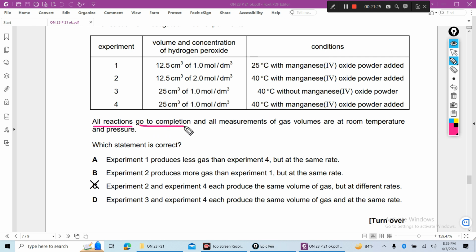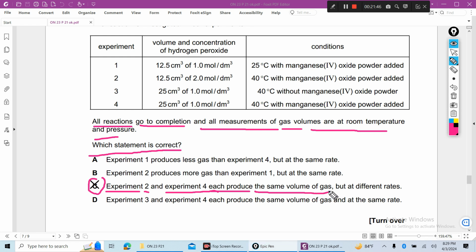All reactions go to completion and all measurements of gas volumes are at room temperature and pressure. Which statement is correct? And C is the correct answer. Experiment 2 and experiment 4 each produce the same volume of gas. Why? Because experiment 2 and 4,